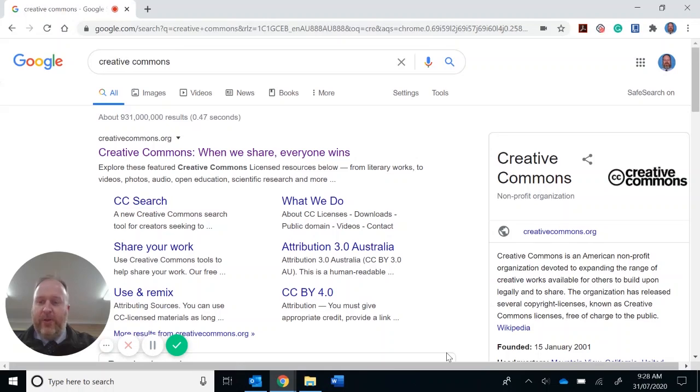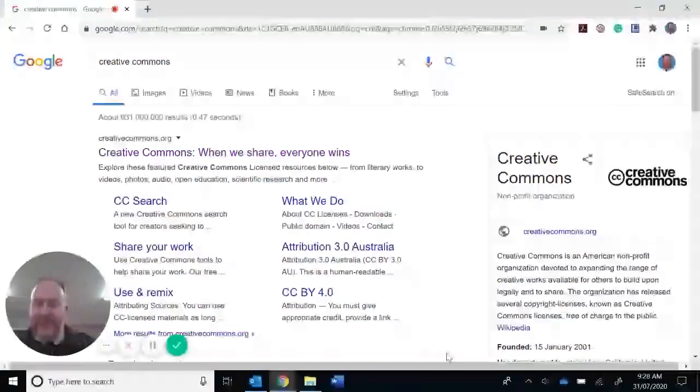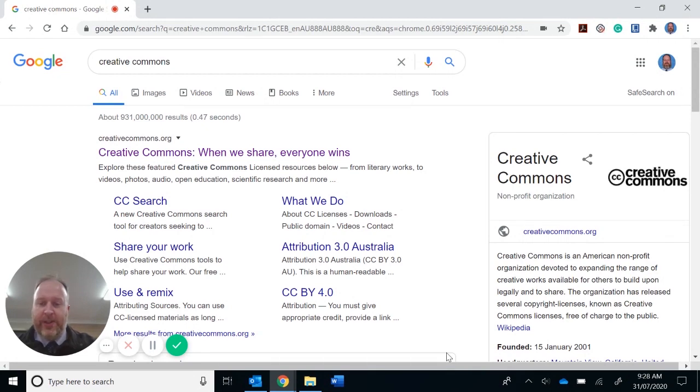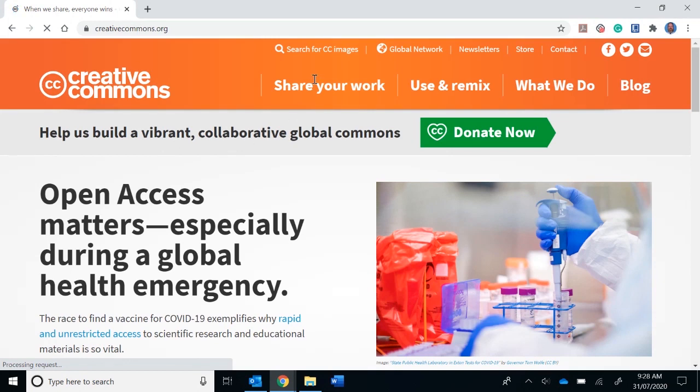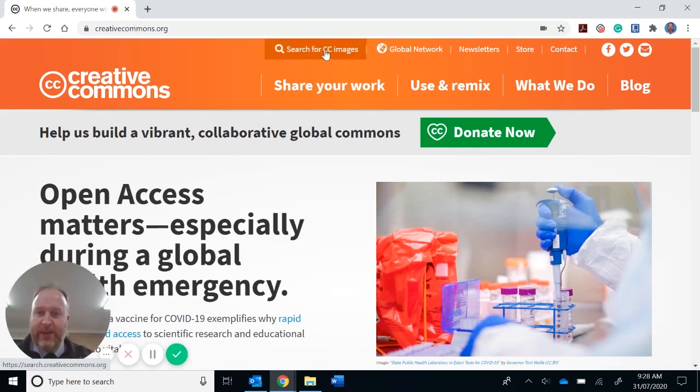The following website, Creative Commons, lets you look for what we call public domain images, which is really useful, especially if you're looking for students to search for images that are ethically sourced. So to do this, you can either search for Creative Commons within your search engine, or it's creativecommons.org. If we select the link, in there you can search for the images up here,